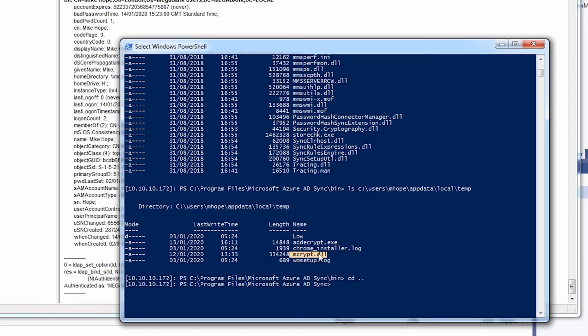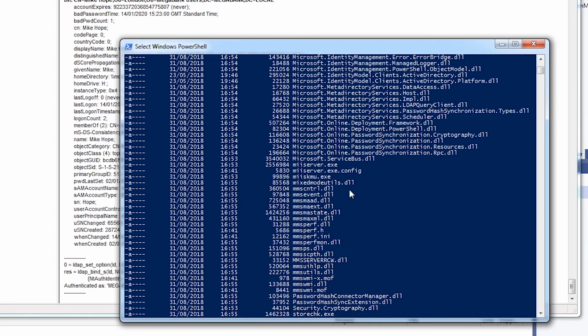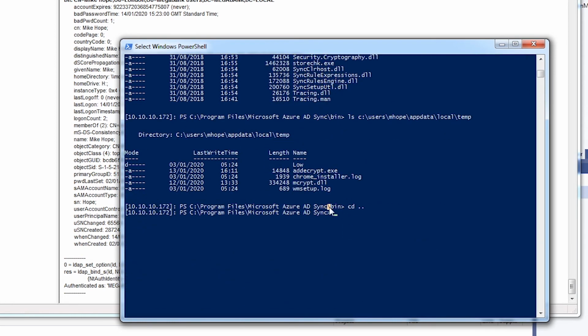So yeah, if the encrypt file isn't in the same folder that the program's being run from, it'll say it can't find it. But also if you don't have your current directory set to this bin folder, then it'll struggle to find it. So it's kind of weird. I don't know which one of them it's using. It seems to need both of them, which doesn't make any sense, but I'll look into that on my own time. And for now, all we need to know is that if we run the program from there, so AD